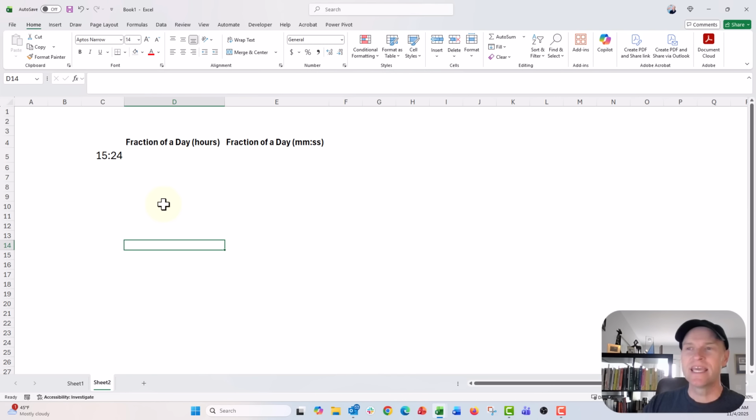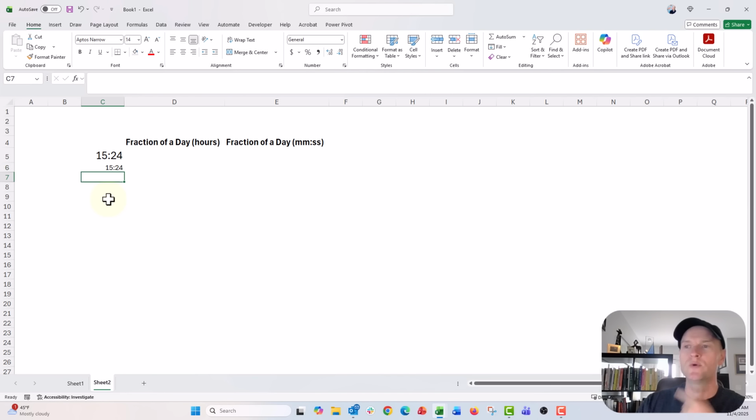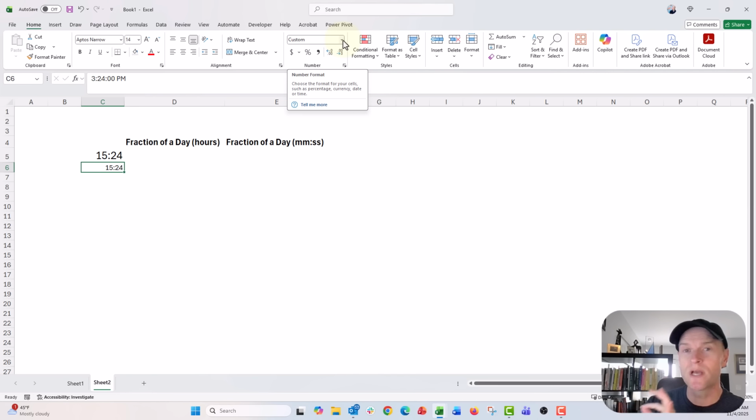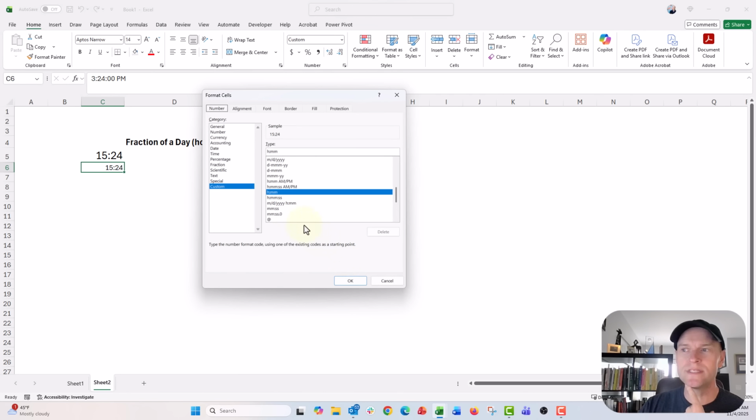In Excel, if I enter 15 minutes and 24 seconds, just like this, 15 minutes 24 seconds, and push enter, you can see if I go into that cell right here, up in the number format tab here, it's already defaulted to a custom number format. It already knows that I want some sort of time. But if we go down to more number formats, you will see that it's actually defaulting to hours and minutes,